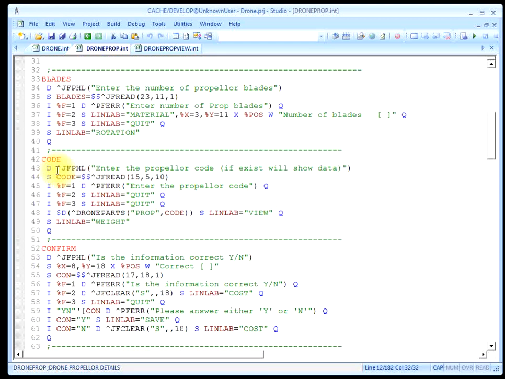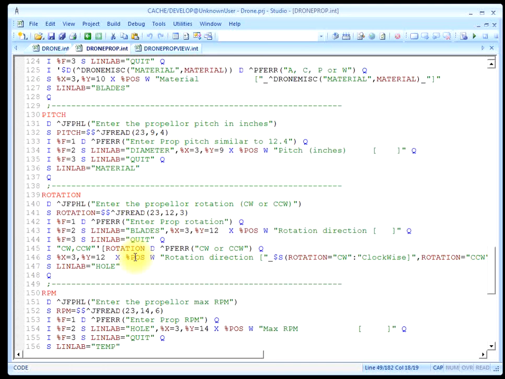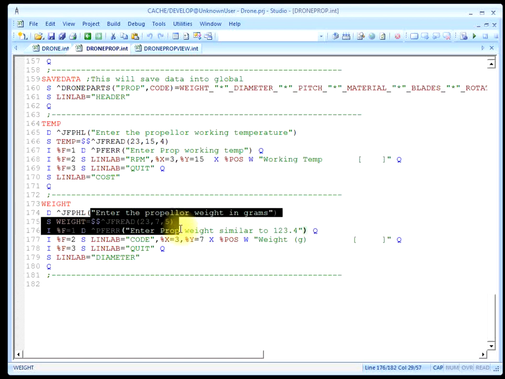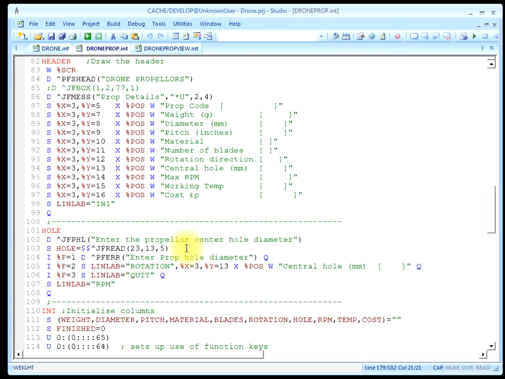Now what it does then is it shows you a help line. It draws a prompt, and what it does then is whatever code you enter, it sees that code exists in that file. If it does, then it sets line label to view, quits out. If it doesn't, it sets it to wait. So in other words, if the data exists, there's two options there. There's wait, there's view and wait. Wait is the next prompt on the list, so it's the propeller wait. And view